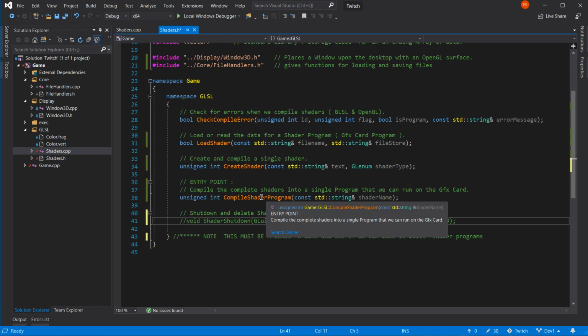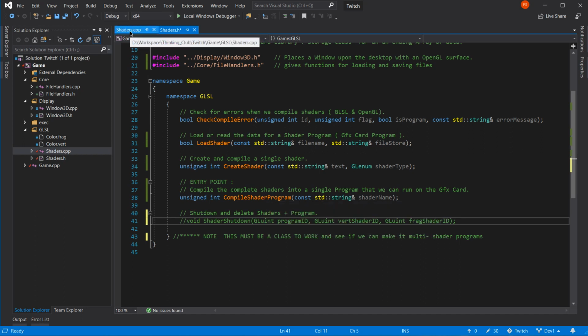Every time a shader is asked for, it's going to increment by 1 and give us a new shader. Shader count. Yes, we can do that. These are uints, aren't they? Yeah. We can do that. Wow. Such an idea is coming together.